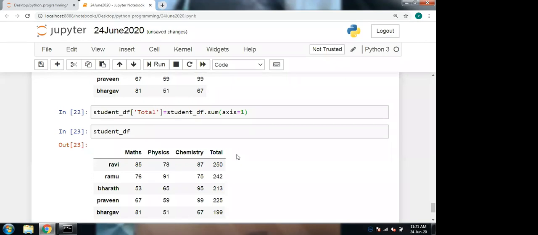See, in a single line we are able to perform this because of the functionalities in the data frame. Without axis equal to 1 with sum, we cannot do it. If we did not have these data frame functions, we would need a longer process: getting every row's data, considering only the values of maths, physics, chemistry, summing them, and again updating the table. So it would take a long process. Because of the functionalities in this data frame, we are able to perform it easily.